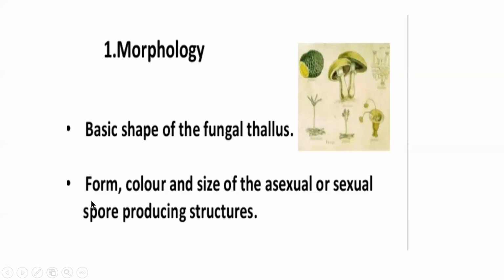Other criteria are form, color, and size of the spores. So they take into account the kind of spore produced, what is the color of the spore, what is the shape of the spore. Okay, this is based on asexual spore as well as sexual spore. For asexual spore, they will also see the spore forming apparatus, whether it is a pycnidium, whether it is a sporodochium, okay, whether it is a synnemata. All these things I had discussed with you when I was handling the asexual modes of reproduction.